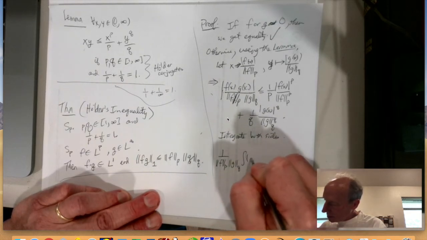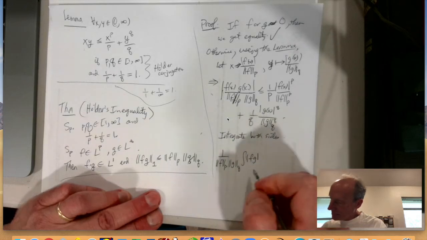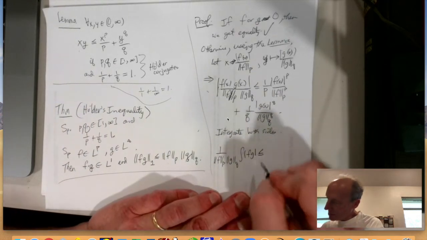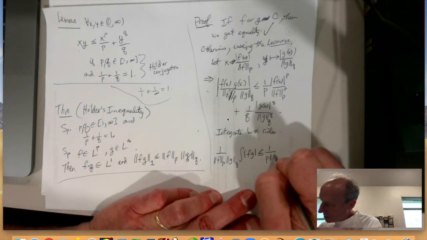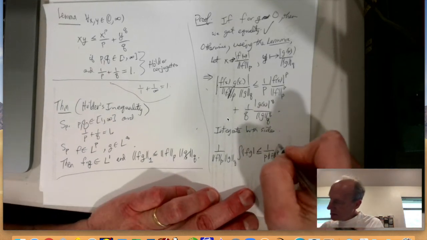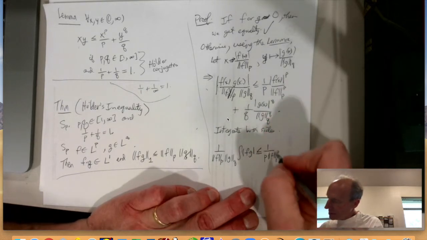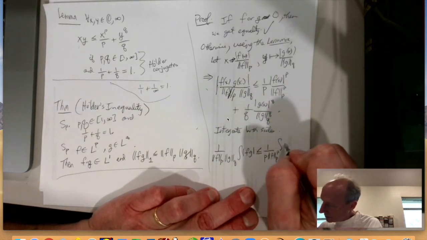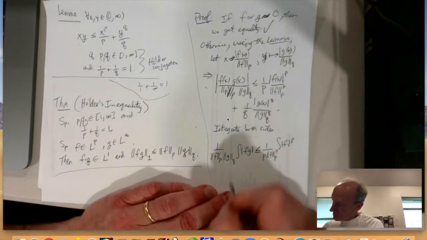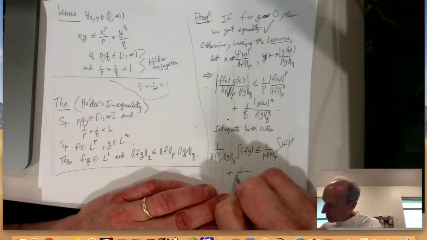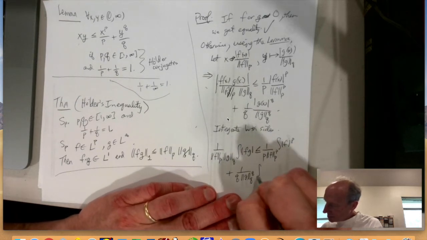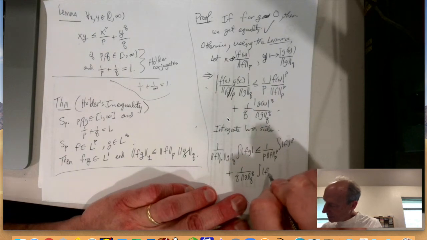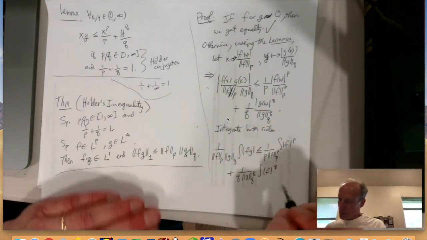And then the integral of the absolute value of fg is less than or equal to, I'll pull the constants out, 1 over p times the norm of f to the p, times the integral of the absolute value of f to the p, plus 1 over q times the norm of g to the q power, times the integral of the absolute value of g to the q, and